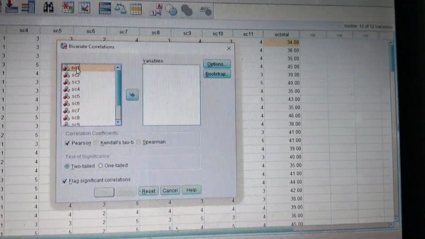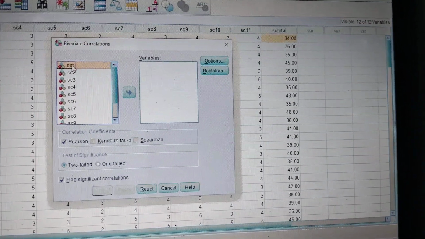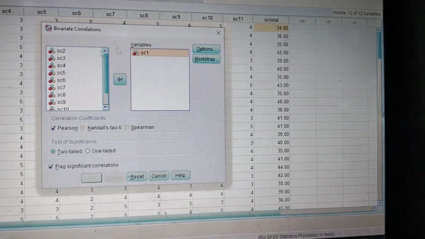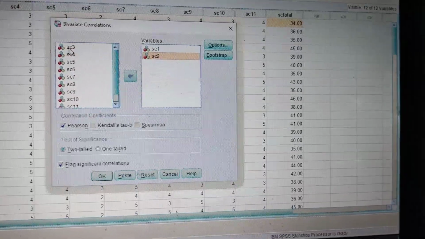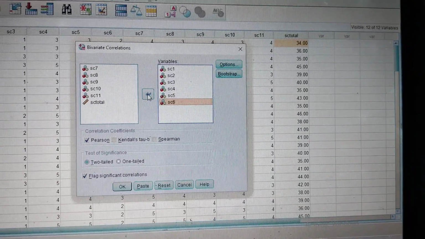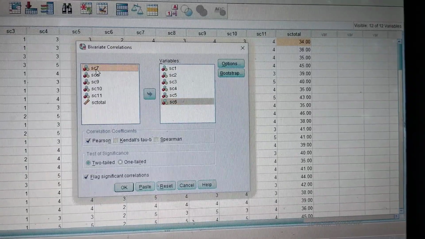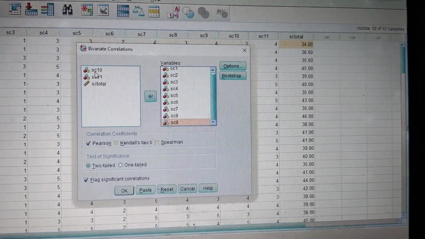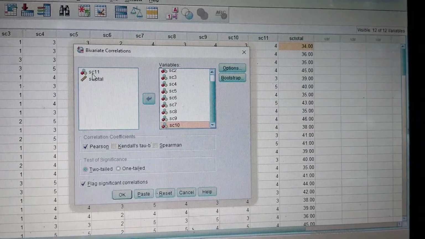Now we will send each and every item in the variable box: item number 1, then item number 2, item number 3, item number 4, item number 5, item number 6. Again, you can use this arrow key, or you can double click on each and every item to send it in the variable box.